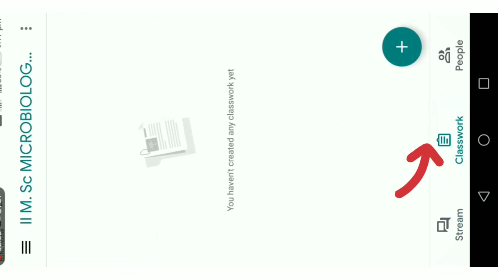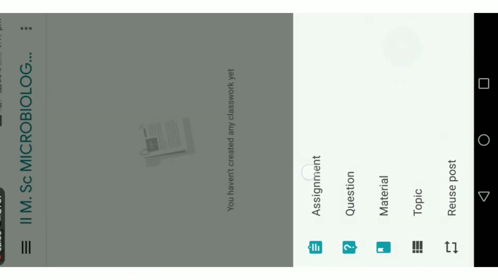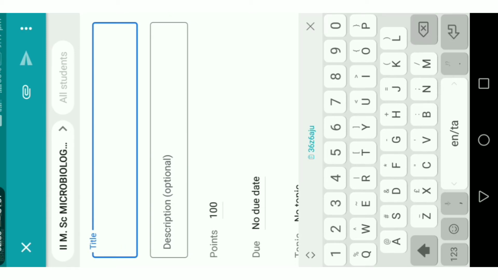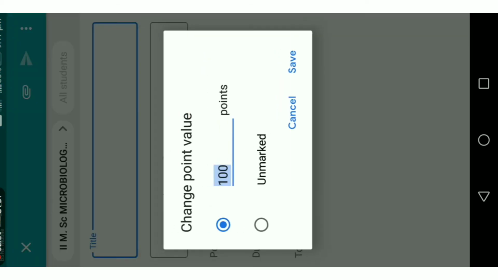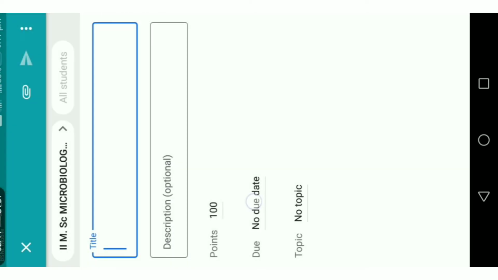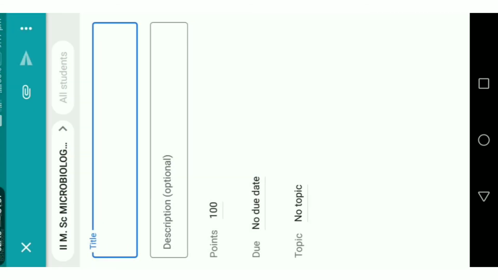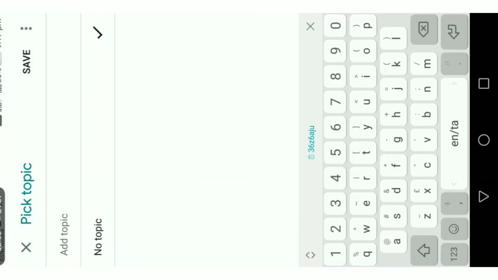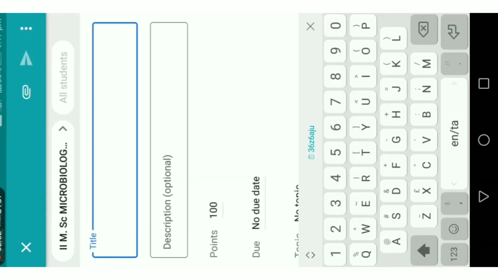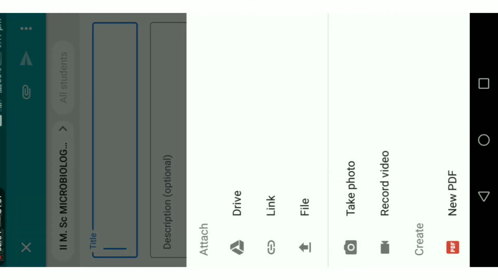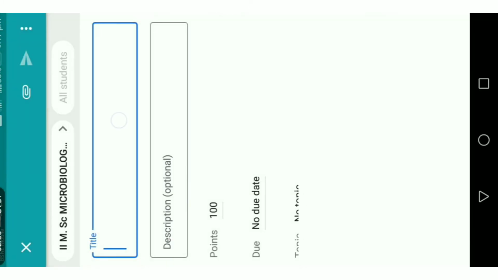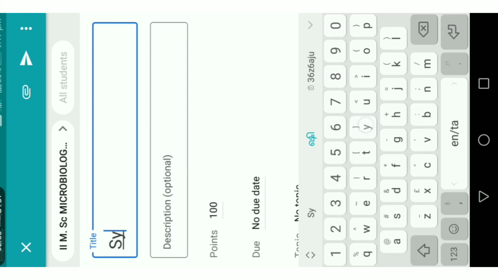Next we will go to classroom. Just click classroom. If you click the plus option, assignment is there. Give a title, that is with points. If you are valuing it, give the mark, otherwise ungraded. Due date: when they have to finish, you can fix the due date and give a topic. If you want to add a description, you can add it, otherwise use that link for adding files and so on.